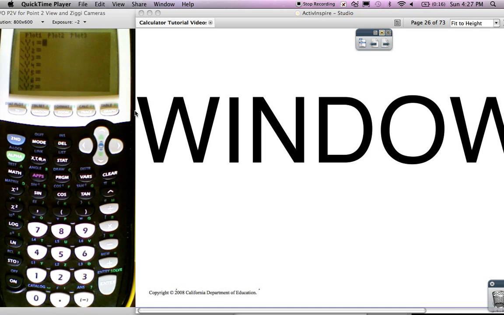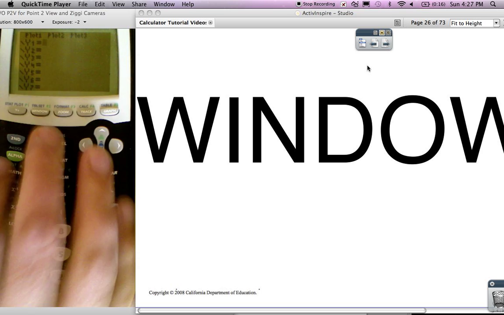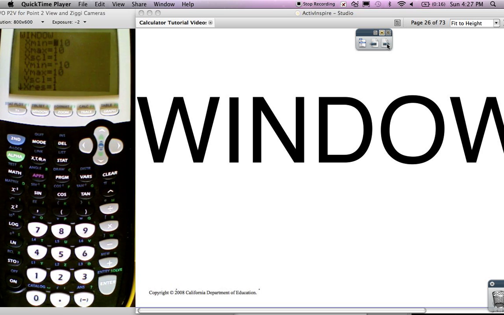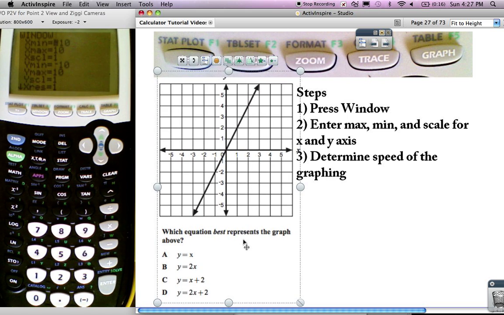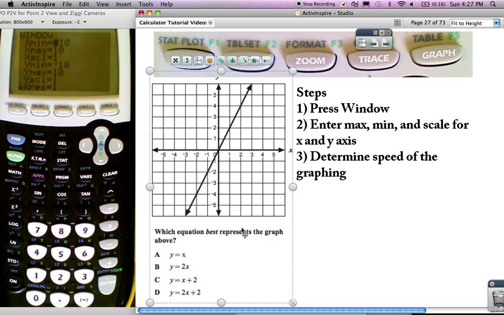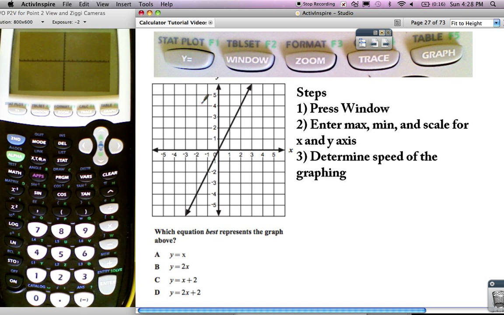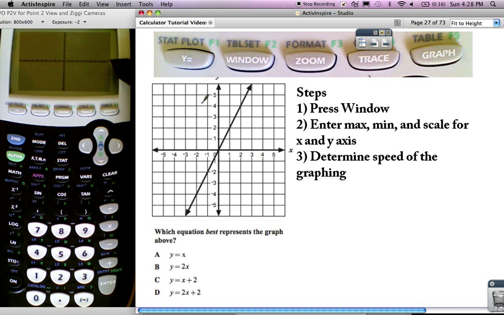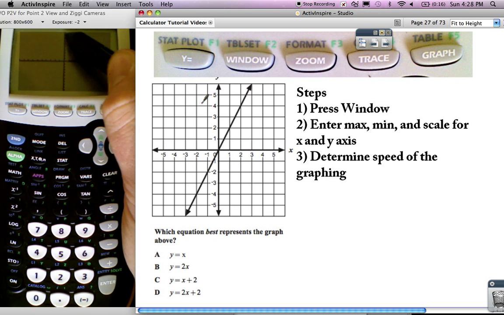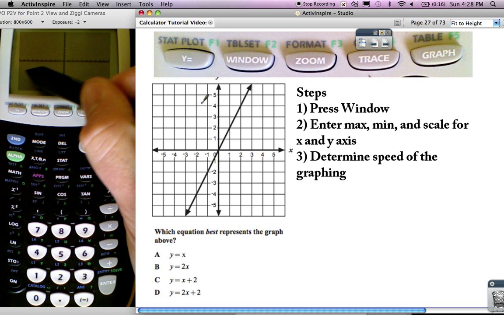Okay, now before you watch this, hopefully you've watched the y equals video and have a firm understanding of that. We're going to look at how to adjust your window settings, which I know a lot of students have trouble with. I'm just going to try to explain what they are. If we look at this graph right here, this problem, there are different values for x and y than we're used to. If I hit graph, it's going to be set off of 10 by 10, max 10 for x, max 10 for y, negative 10 for y,